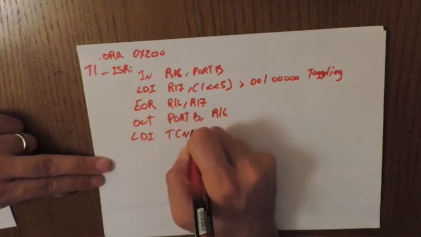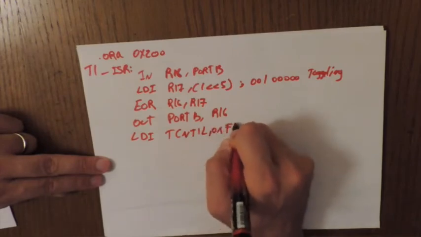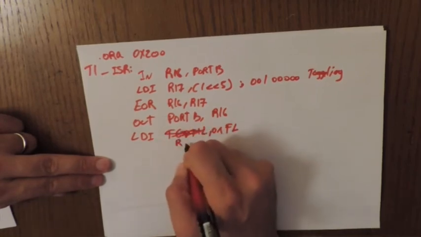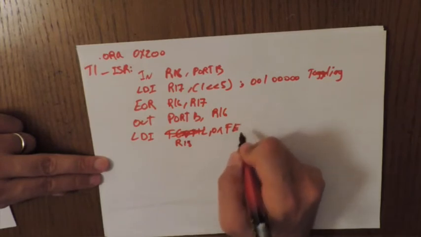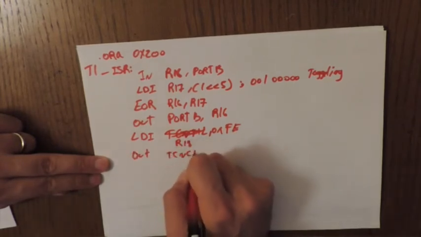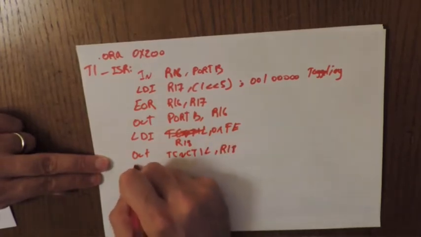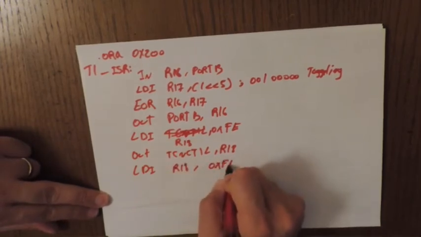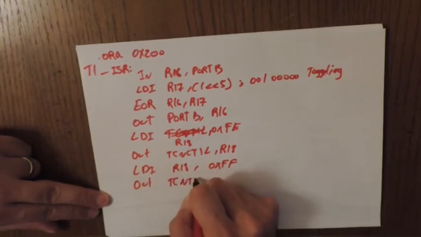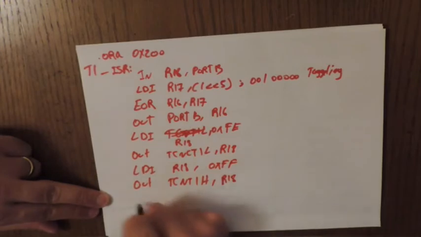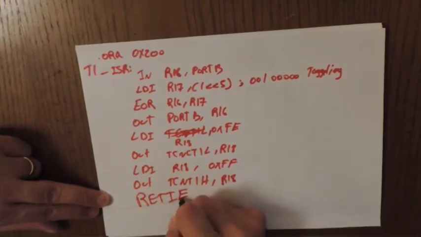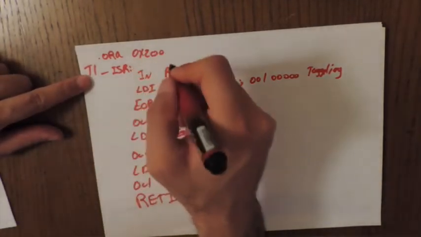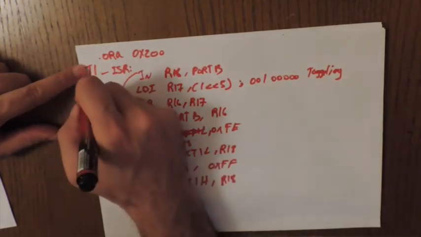And then of course I need to reinitialize the counter, the timer. Sorry, this is R18. This is R18. One high and R18, and return from interrupt. Sorry, return from interrupt. So this part is just for toggling